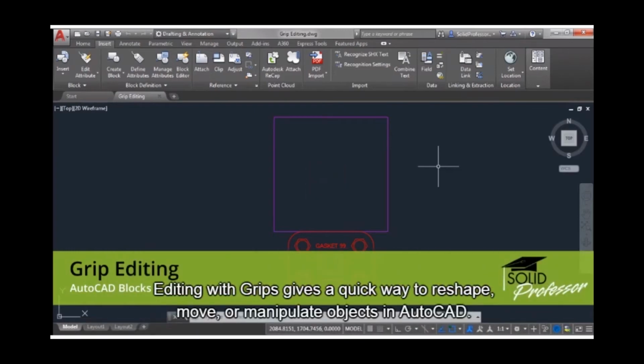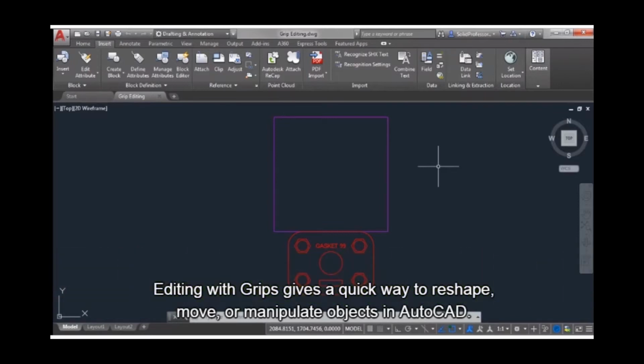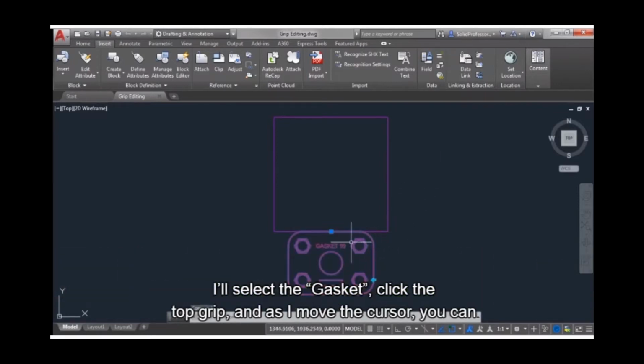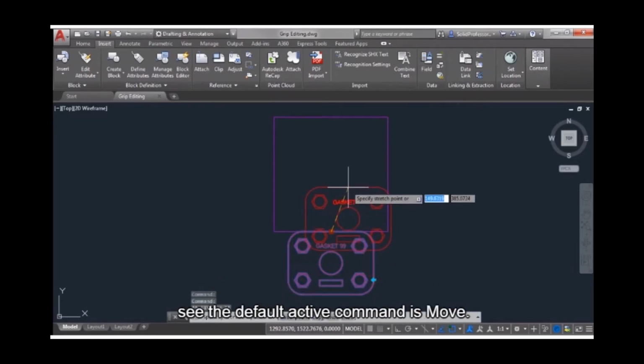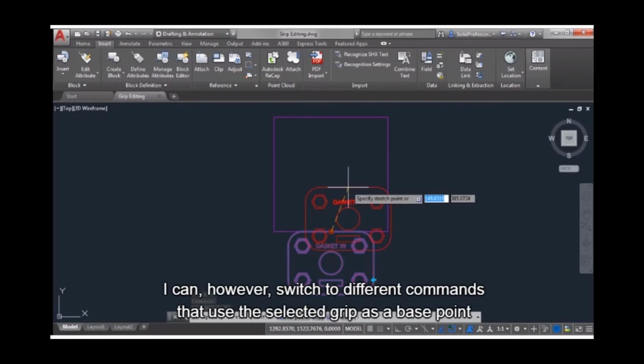Editing with grips gives a quick way to reshape, move, or manipulate objects in AutoCAD. I'll select the gasket, click the top grip, and as I move the cursor, you can see the default active command is Move. I can, however, switch to different commands that use the selected grip as a base point by